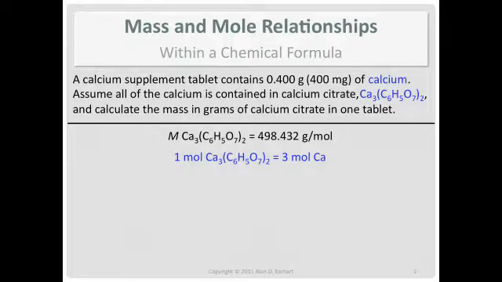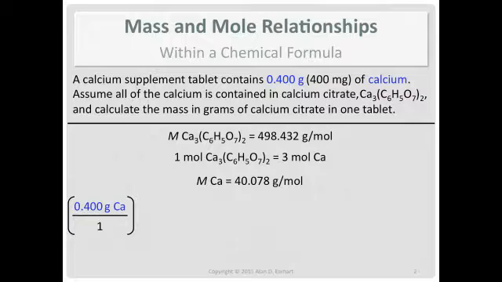This idea right here, it may not look like much, but it's a very important relationship in this section. We're going to use it for compounds. We're going to also use it in chemical equations. We'll probably need the molar mass of calcium also. Now, if you don't know where to start with what you're given.